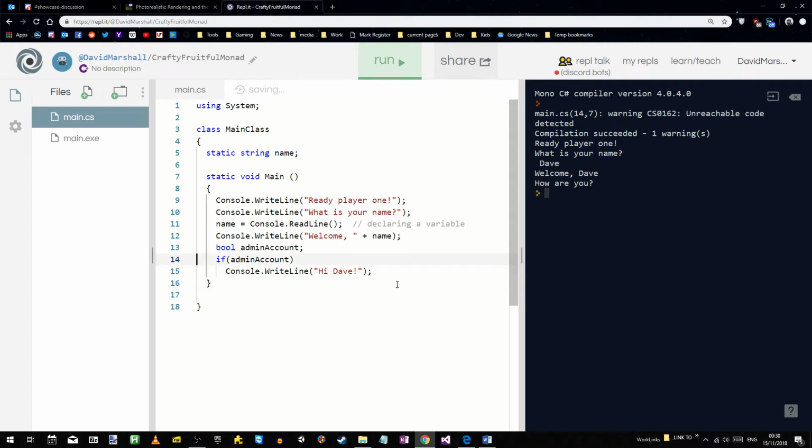Let's not leave us all cluttered up. Okay, so we create a boolean, we then check the boolean. But the thing is, we don't know the value of that boolean, do we? If you don't assign it an initial value, it will always have the default. And just to prove to you what that default is,